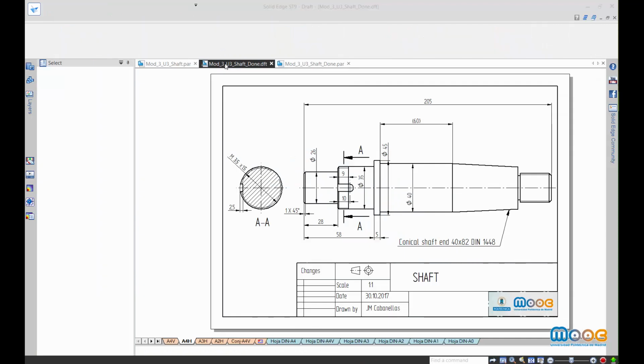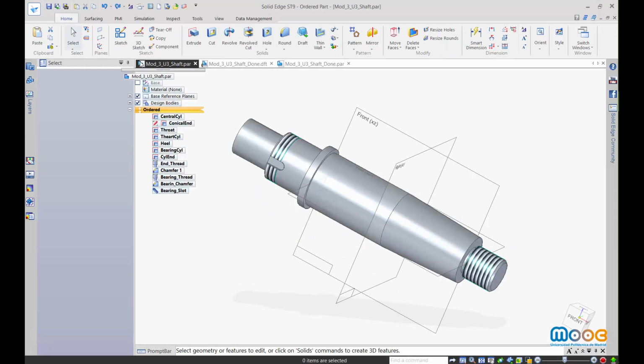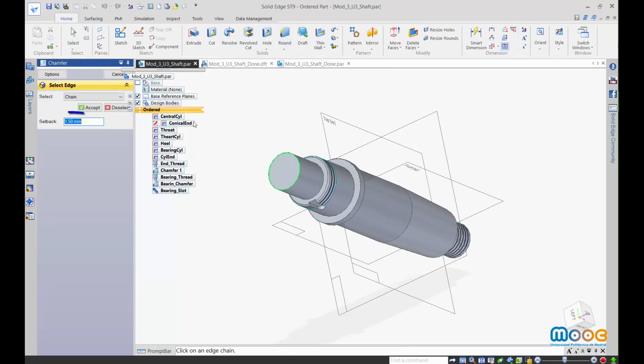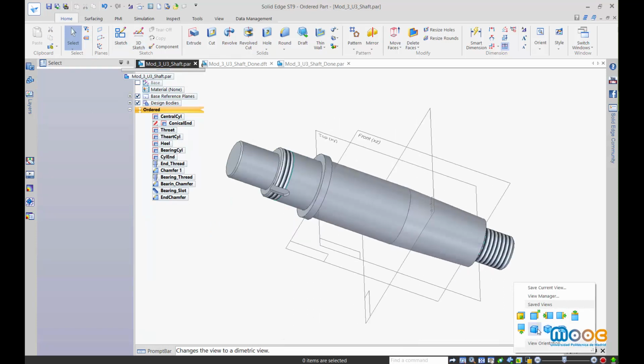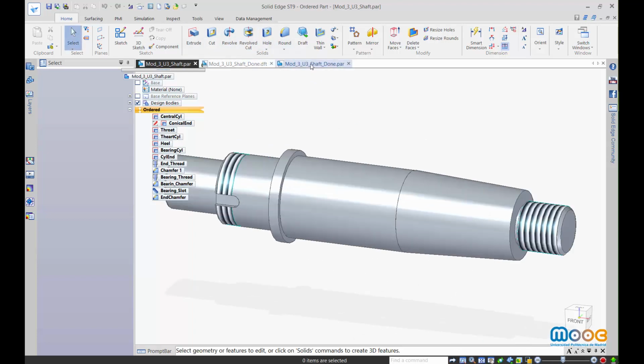Well, the last operation we need to do is the final chamfer of the left end of the shaft. In this case we have a measure that we are free to choose, in this case 1 millimeter of chamfer to obtain a softer end of the shaft. This is the final result of our part, and the next step will be to make the correct draft of this part.